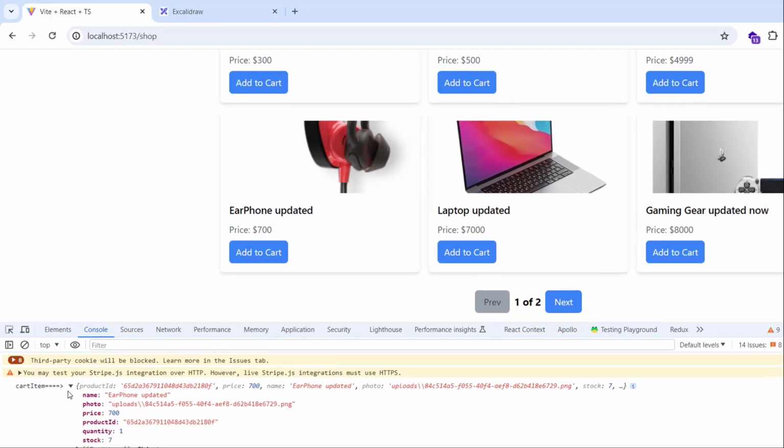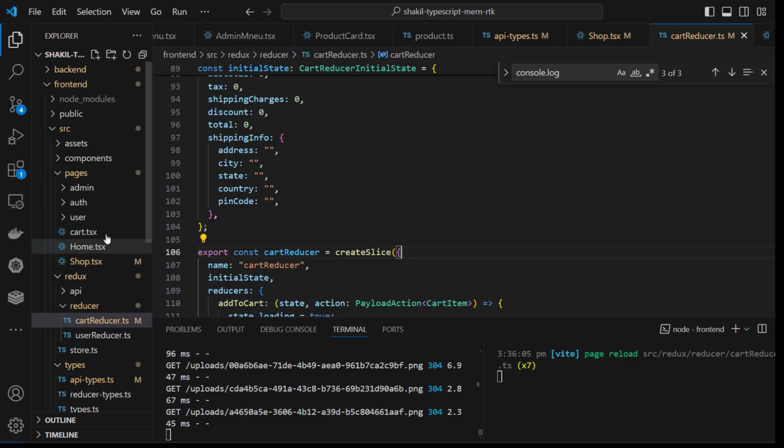Yeah, I am getting cart item from another place, and that is from the